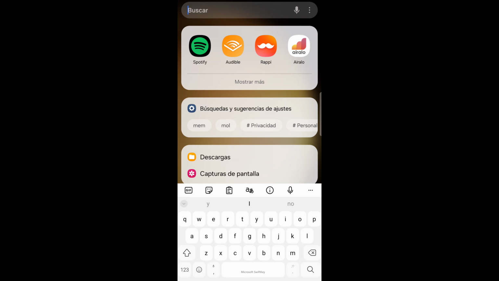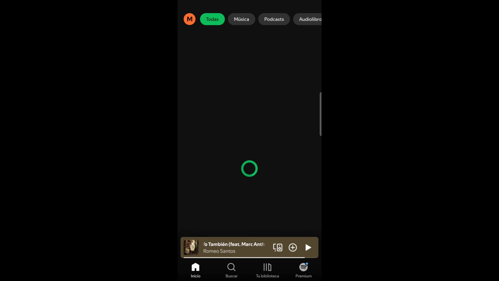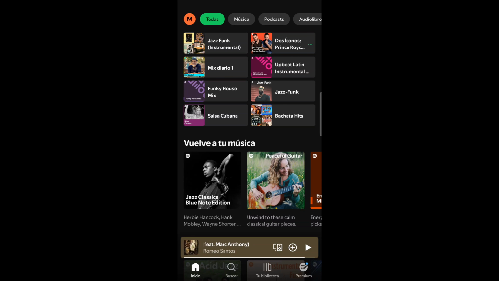So what you do, open the Spotify app. And one of the main ways that I use Spotify to improve my Spanish is that, as you can see, let me move this here. I don't know if you can see that on the screen or not. That's a recording function on my screen covering things up. But as you can see, my language in my Spotify app is in Spanish. Okay. Now that's not by mistake. That's by design because I set it to be that way.